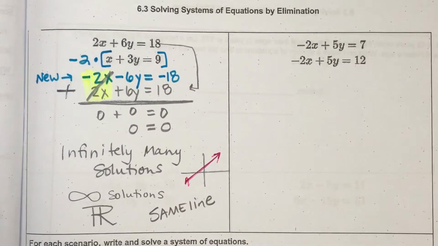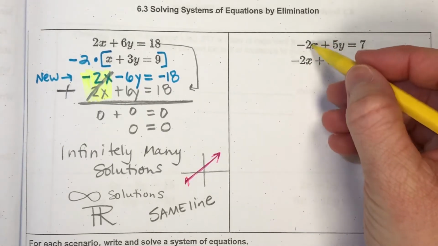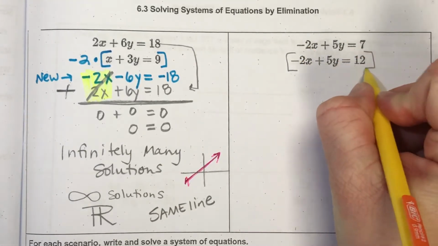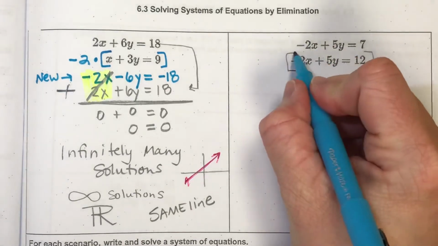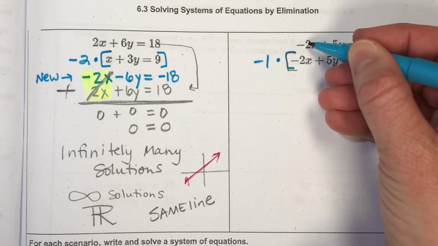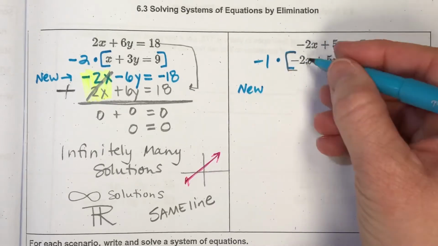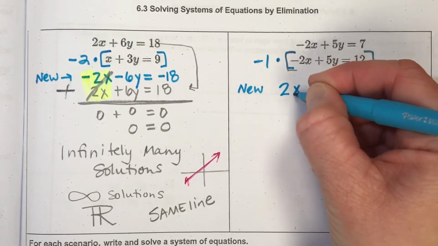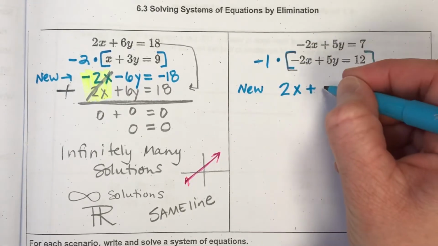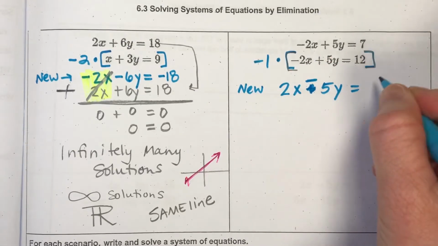Okay, so I am looking at my 2x and my negative 2x, and I notice that they can cancel, but I need one of them to be a positive. And so I'm going to multiply here my second function by a negative 1 so that my x's will cancel out. One will be a negative, and then this one will turn into a positive. So here's my new second function if I make this into a positive 2x. So negative 2 times negative 1 is positive 2 for my x term. 5 times negative 1 is negative 5y,